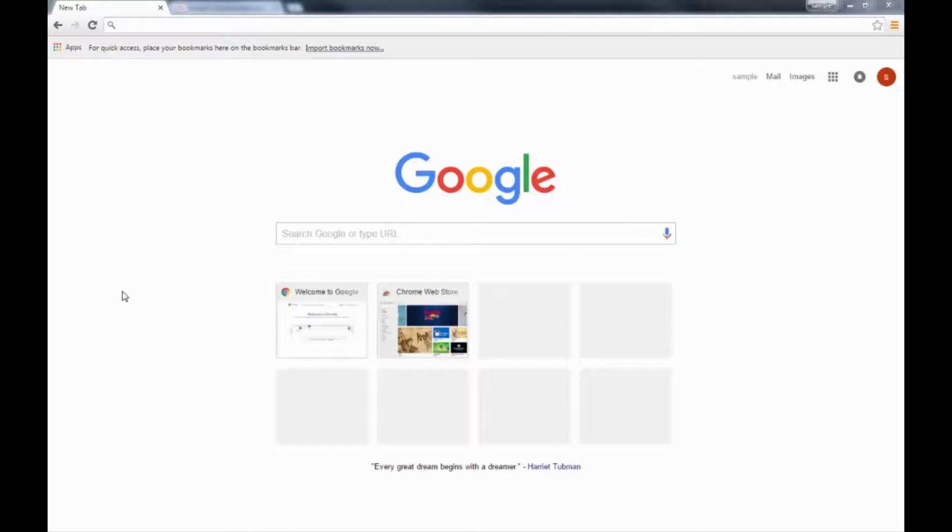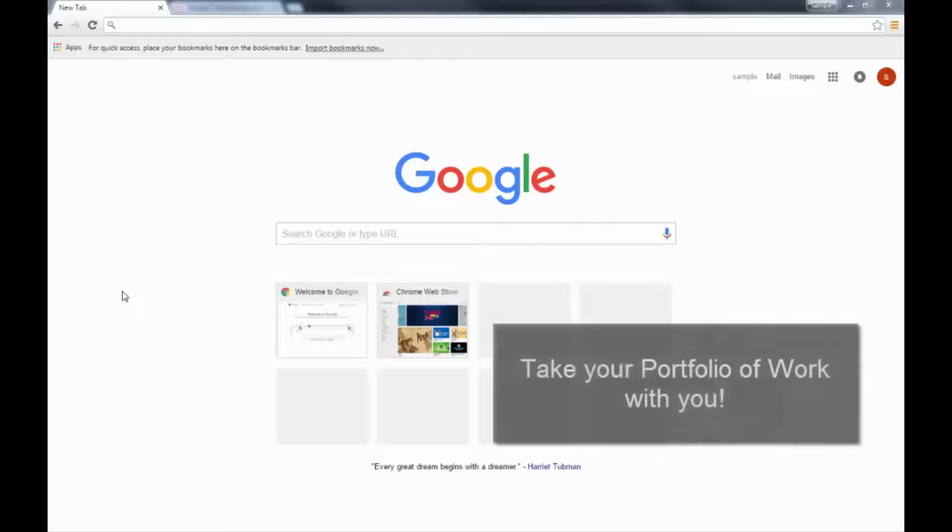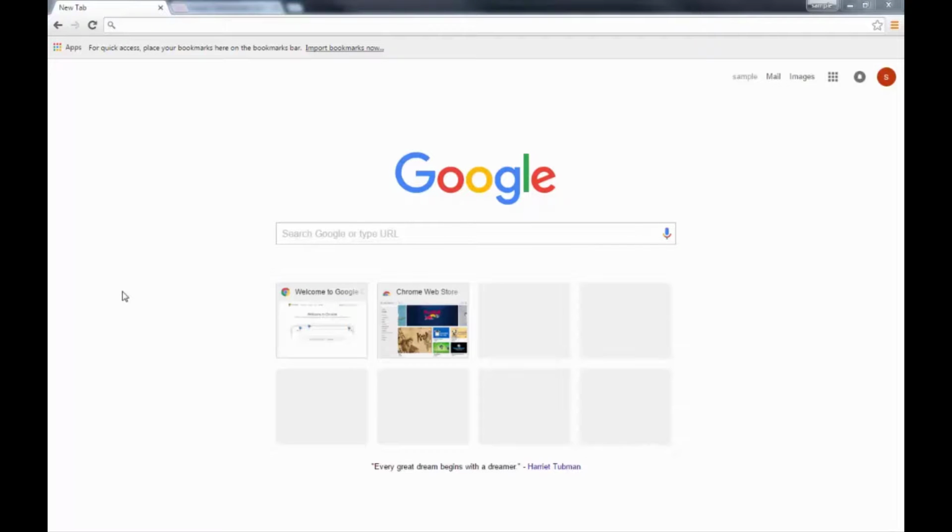So in this situation for graduating seniors, we're going to talk to you about downloading that data so that after you graduate from high school and you leave Sand Springs, you can take your data with you to college. Any portfolio of work that you've developed over the past year or two using Google Drive, you can take with you. So the first thing that you'll want to do is make sure that you're logged into your Google account